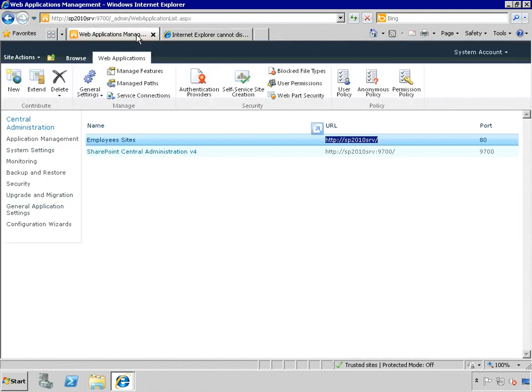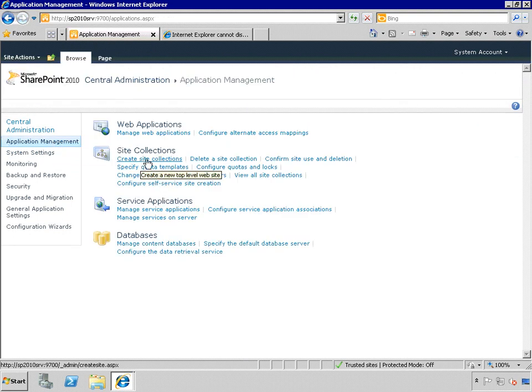So let's go back to Web Applications Management. And let's take it over to Application Management, and let's go look at the site collections associated with this particular web application. Under the Site Collections group,